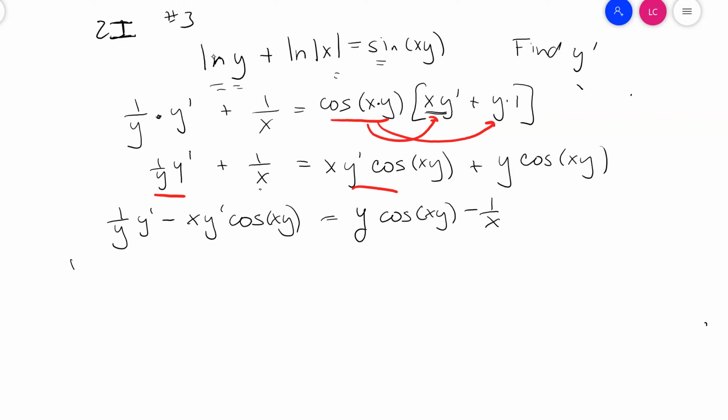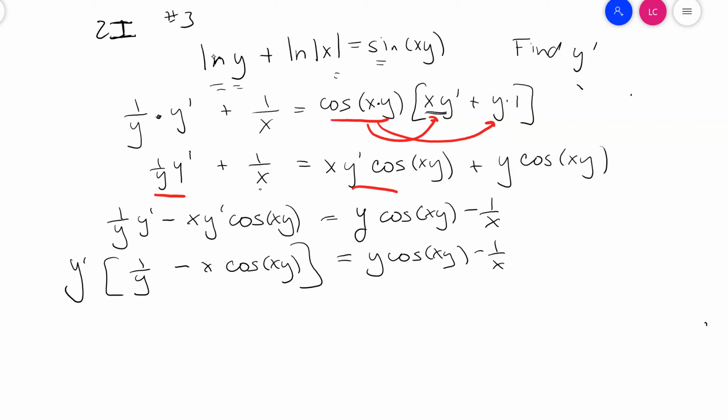Okay, so now I'm going to factor out y prime: 1 over y minus x. I'm going to carry this along. And then the last step is just to divide through. So y cosine of xy minus 1 over x, all over